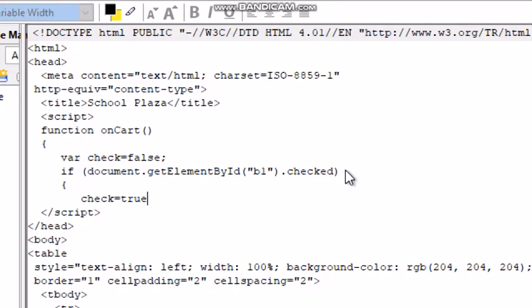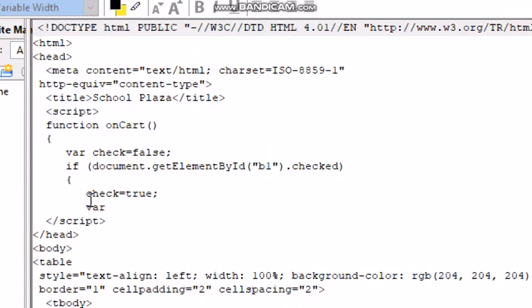Since bag 1 is selected, now we will take a variable named quantity and store quantity typed in text box of bag 1 by using variable quantity equals to document, it is an object, getElementById, Q1 dot value.